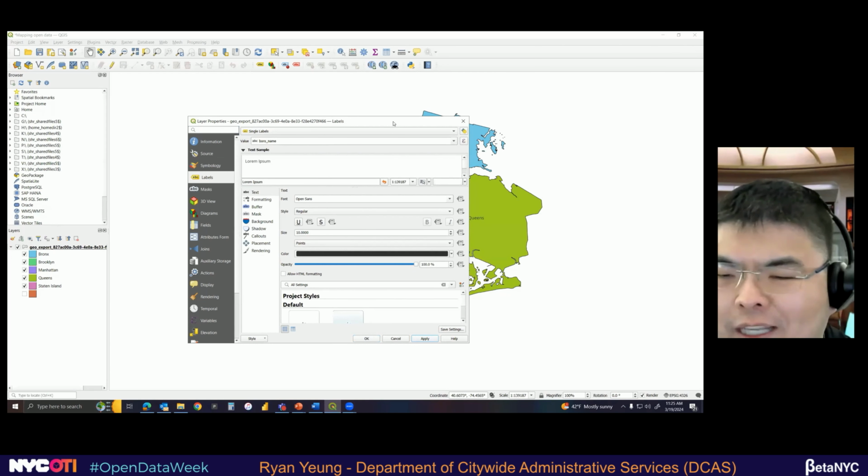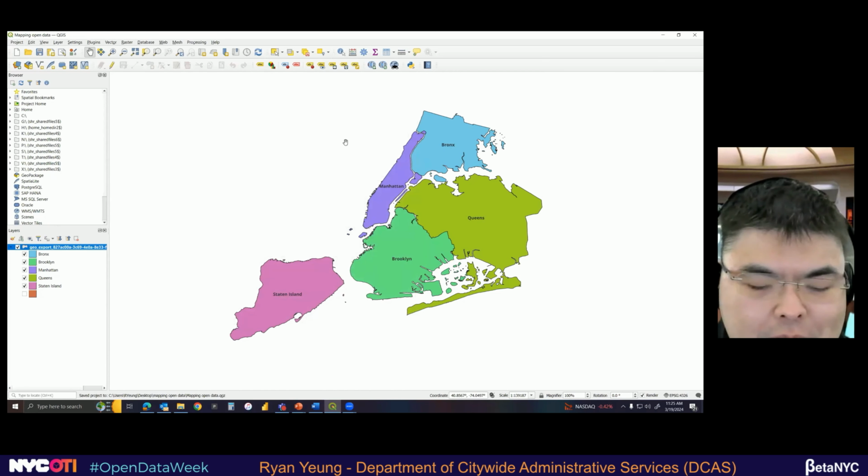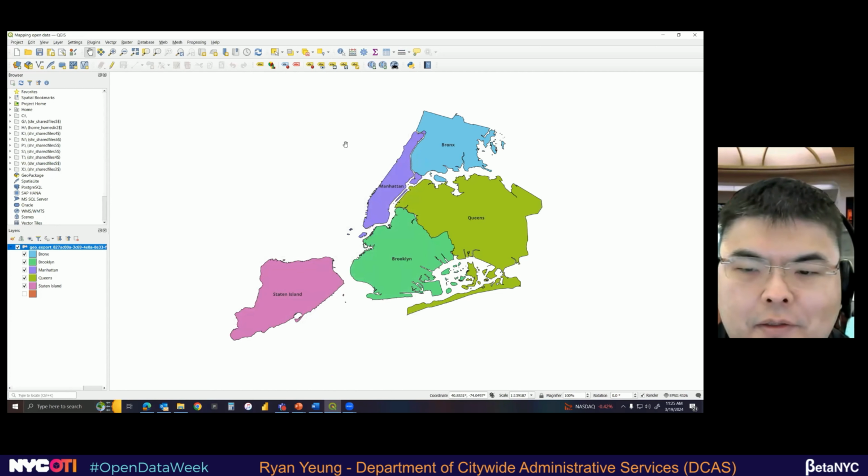That looks okay, but let's see if we can make it bolder, to be easier to see. Change the style, apply. That's a little bit better. That's okay. Save, and this is okay. This isn't bad. What's missing though? What else can we potentially add?